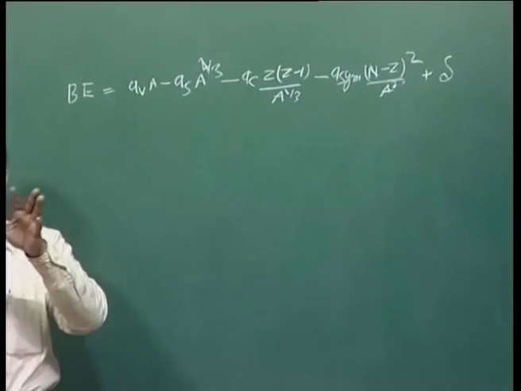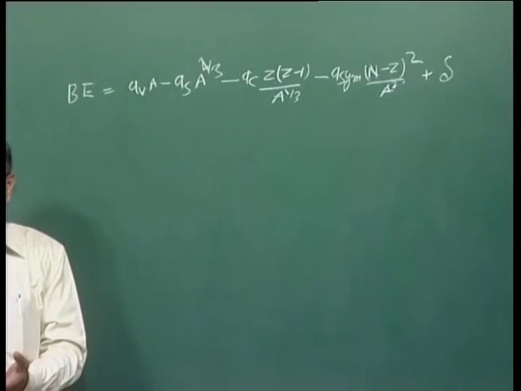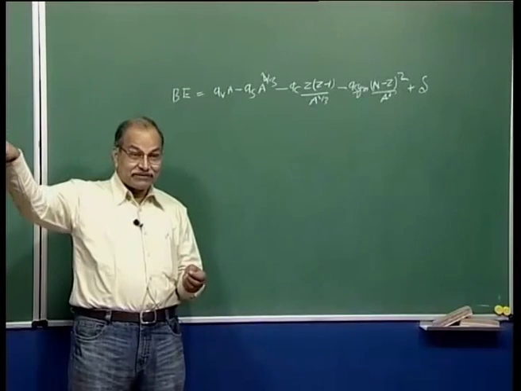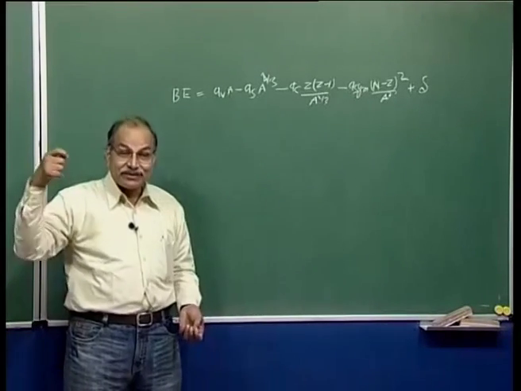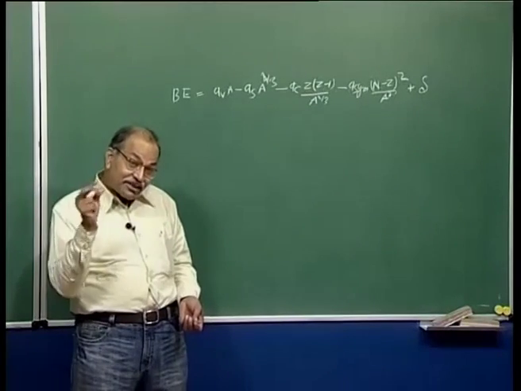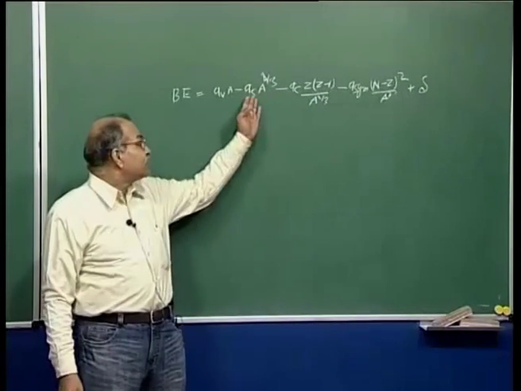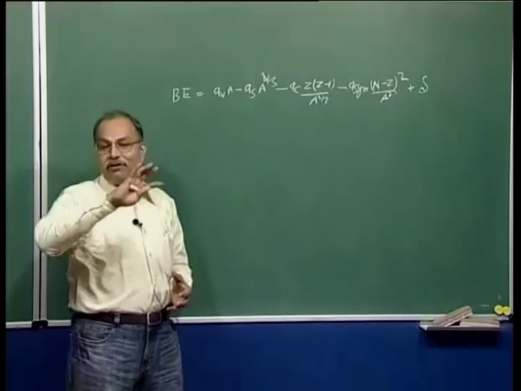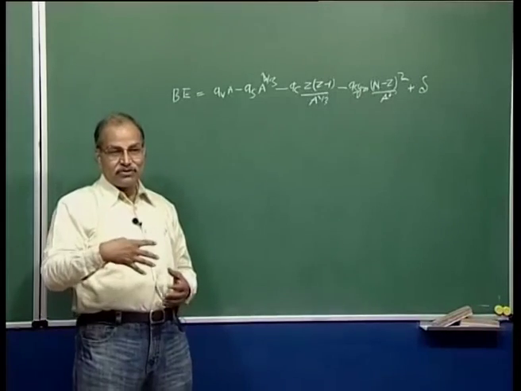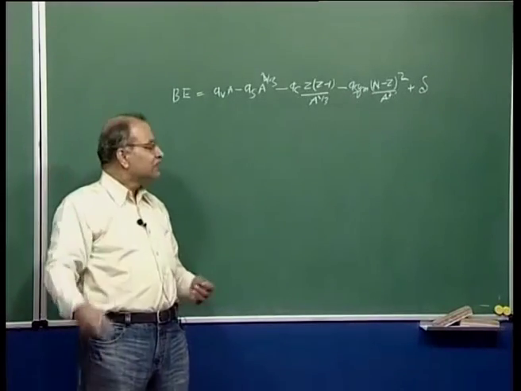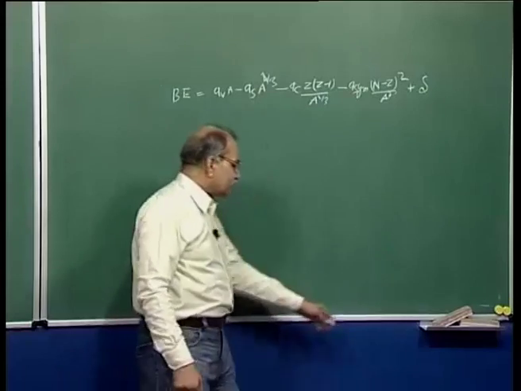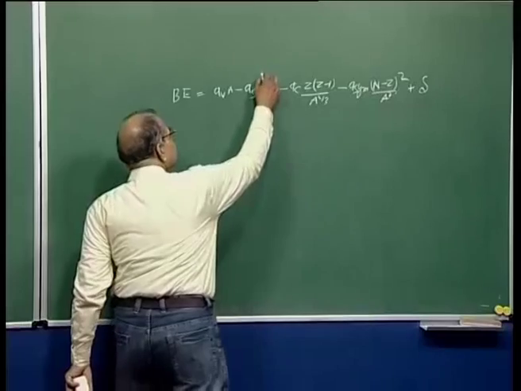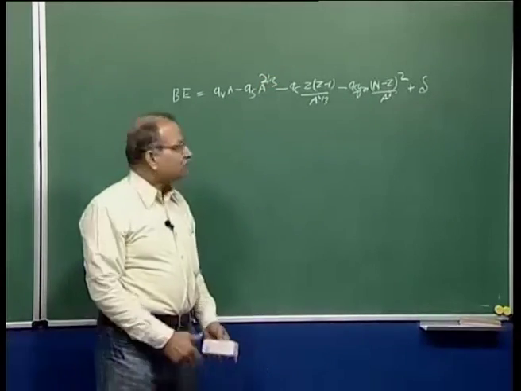Now, surface is 4 pi r square. Your r is r naught a to the power 1 by 3. So, r square will be a to the power 2 by 3. So, if you can connect this physical aspect, that the second term is coming because of the nucleons on the surface, because they do not have full neighborhood, right. On one side you have nucleons, on other side you have almost no nucleons. So, it is coming from surface, and surface is proportional to r square, and therefore, it is a to the power 2 by 3. Then you will not make mistake.